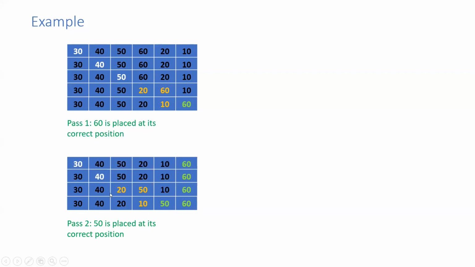Now we'll proceed with the same process for the rest of the elements. This is the new array, the elements in the new array are in this position now. What we'll do is, again we'll take the first element in the array. Is 30 greater than 40? No. So you can see it here. Still, we will not change the array. We will take this array as is. We will not change anything.